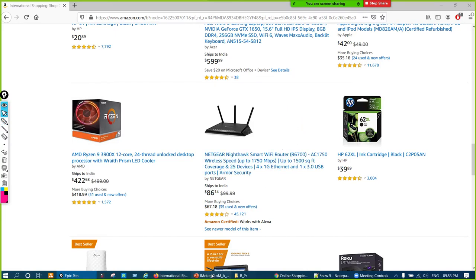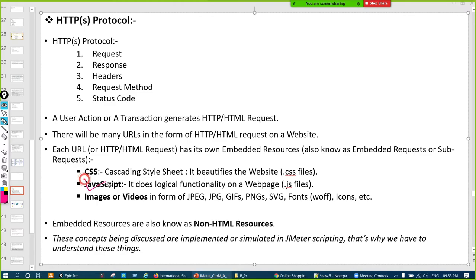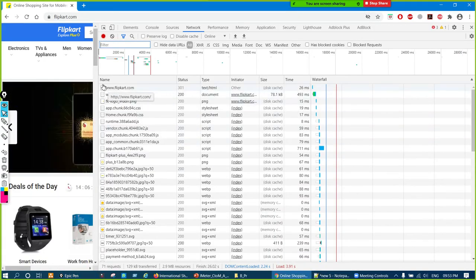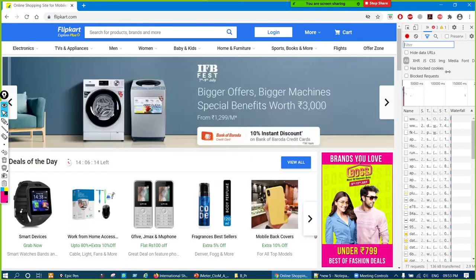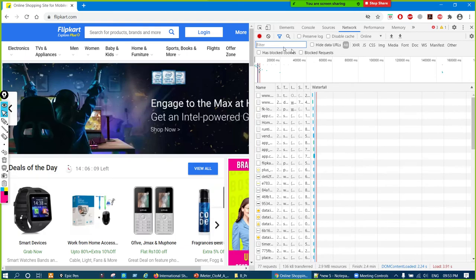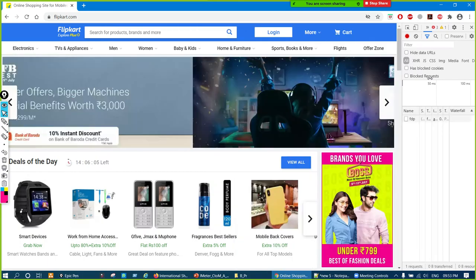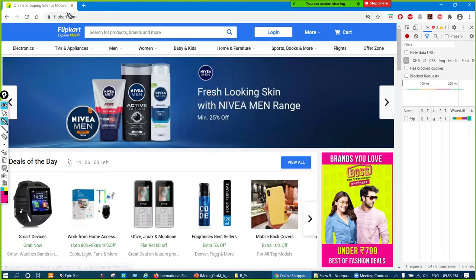Now what is JavaScript, and what does JavaScript do? JavaScript does the logical functionality on a web page, right? Logical functionality on a web page. So, a small example. Let me say I have Flipkart here, and I'll click on the login button.